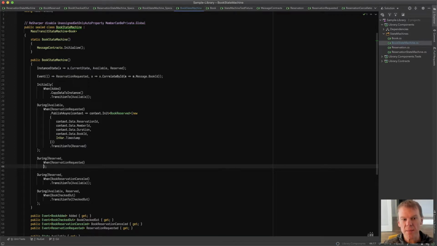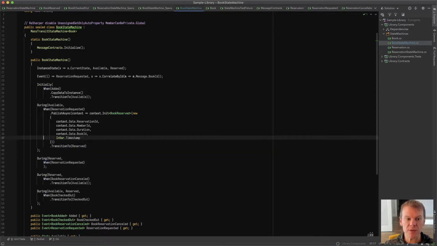And this is where I'm not sure I have enough information in the book to track the reservation. So we're going to have to do this in a couple of different steps. We're going to have to add some data to the book because we currently don't keep track of which reservation has the book. And we're going to need that also for the book checked out as well, so we can do some eventing later. But assuming that in reserved, I want to publish that same event, the trick that I used here,